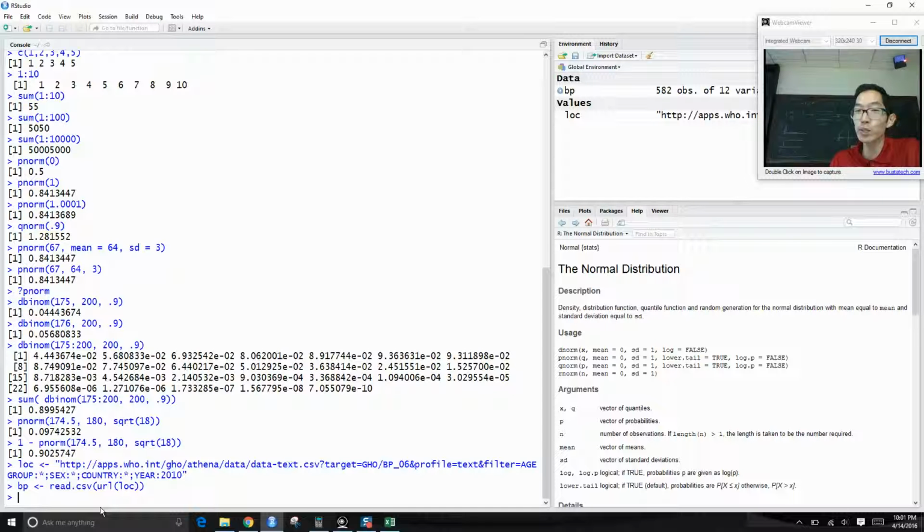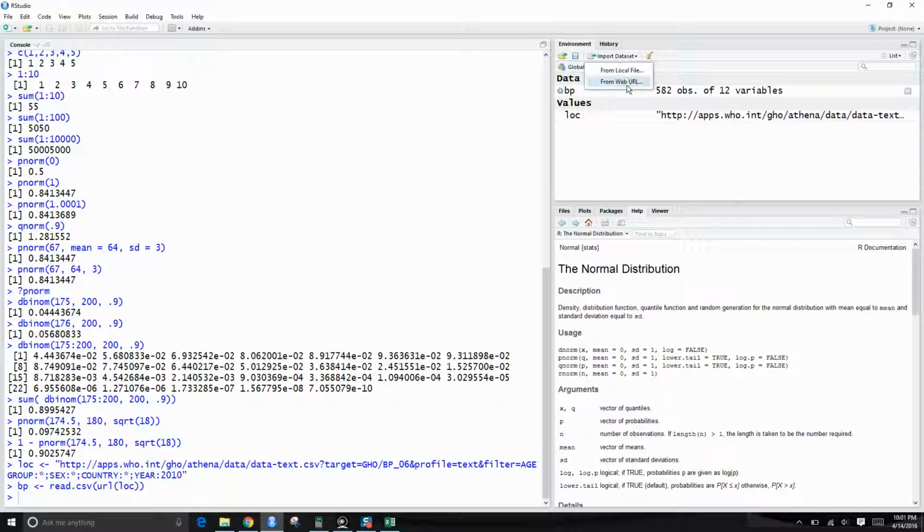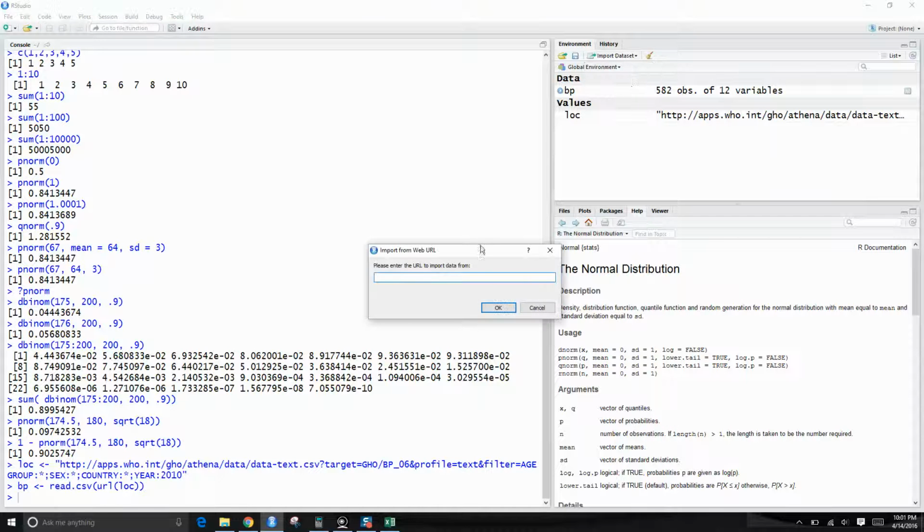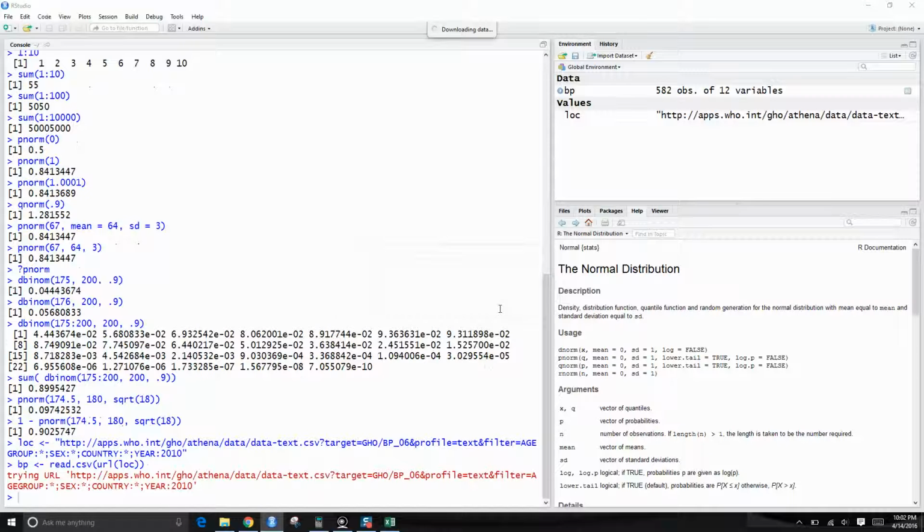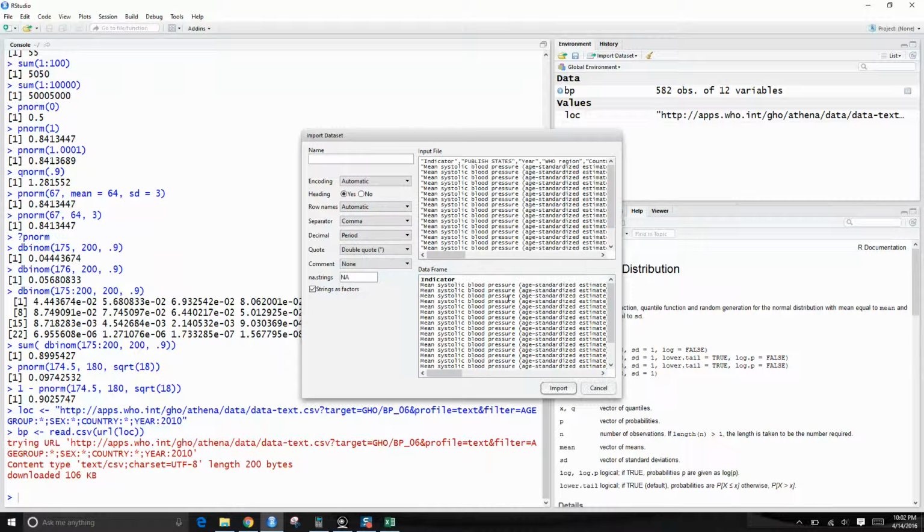Okay, and there's a few ways to do this, and I have some instructions on the web page. Another way is you can click this button that says Import Dataset, and it'll say from web URL. So there's a few ways. You can do from local file: you can download that link, it'll download a file to your computer, and you load it that way. Another way is from web URL, and you just paste in that URL, and it'll try to figure it out, and it pulls up this little wizard box,